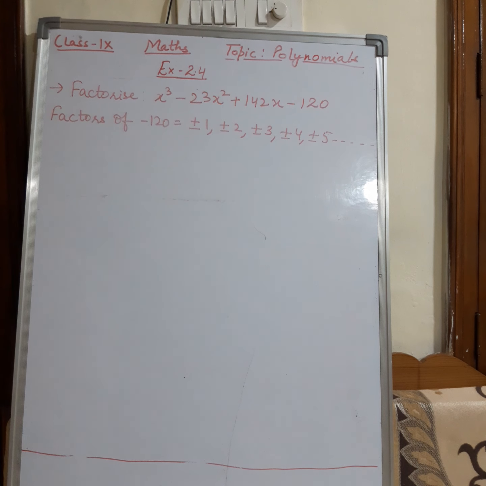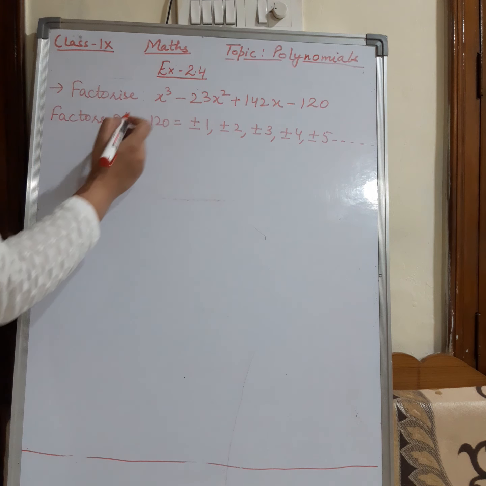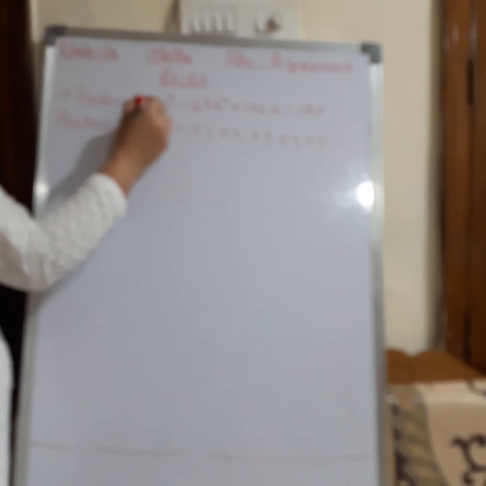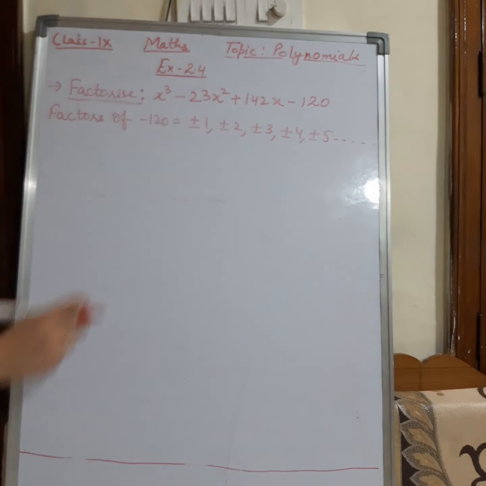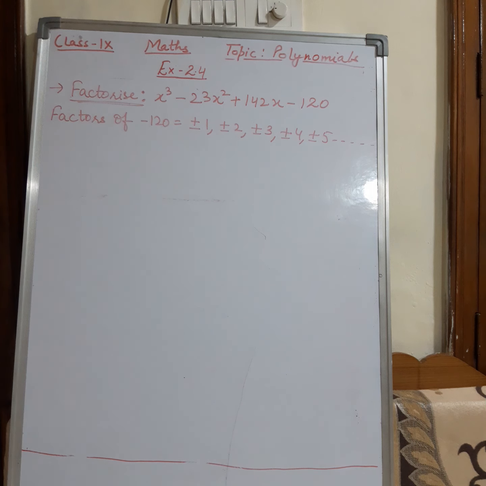Fine. Now this is the last example, but very important, mostly asked in the exams, and the question will be written as only factorize. Now you can see which type of polynomial this is? Cubic. For quadratic, I have discussed two methods. One is middle term splitting, and generally we use middle term splitting if nothing is mentioned. And second is using factor theorem. But in case of a cubic polynomial, it is necessary to use factor theorem.